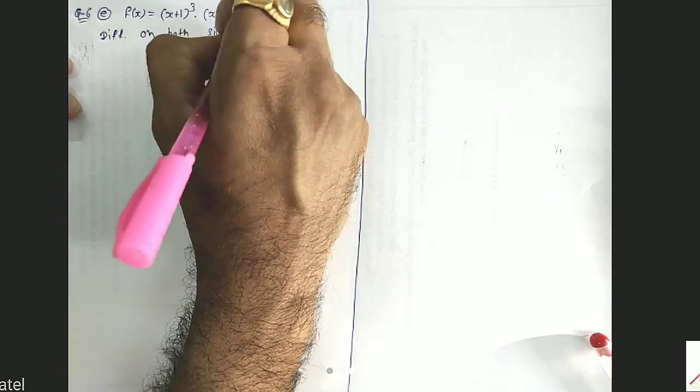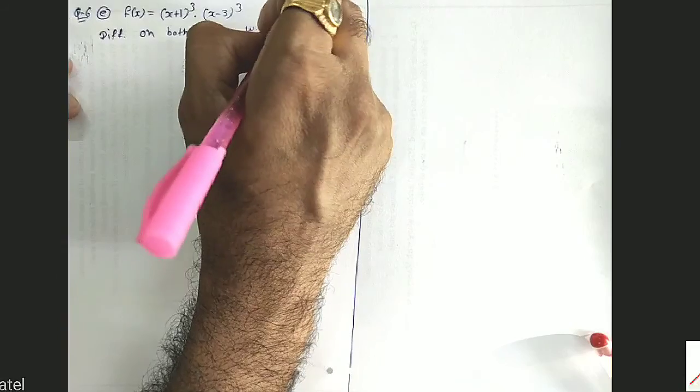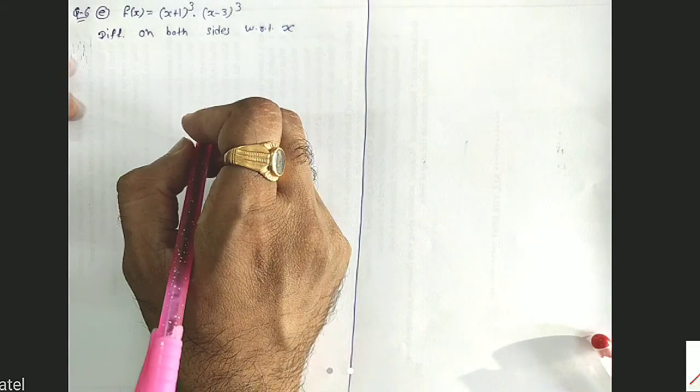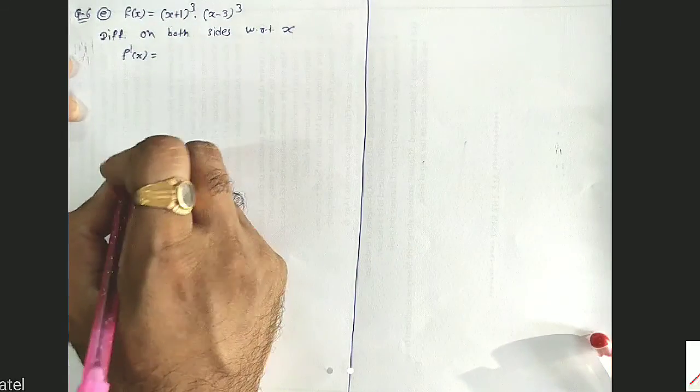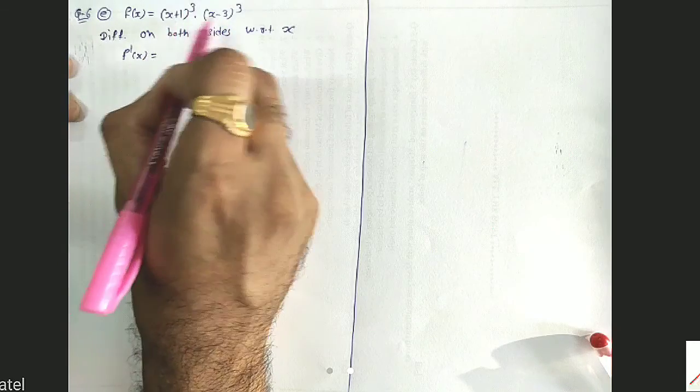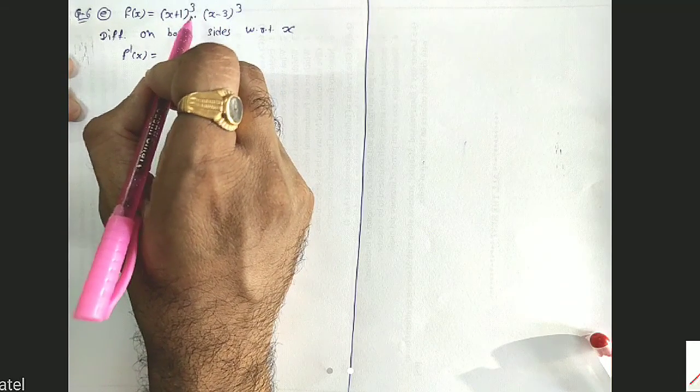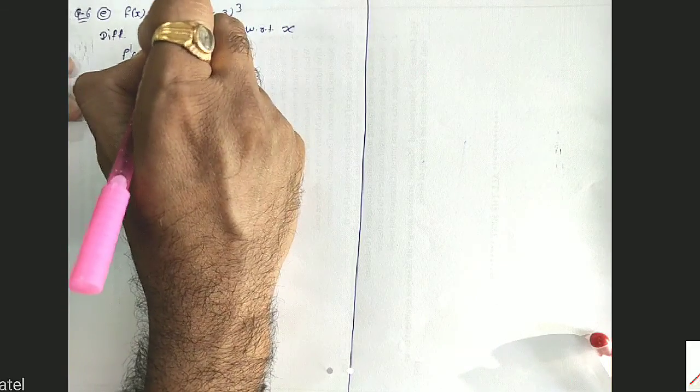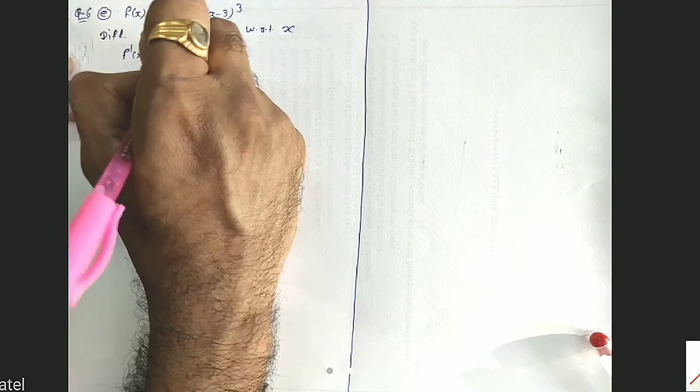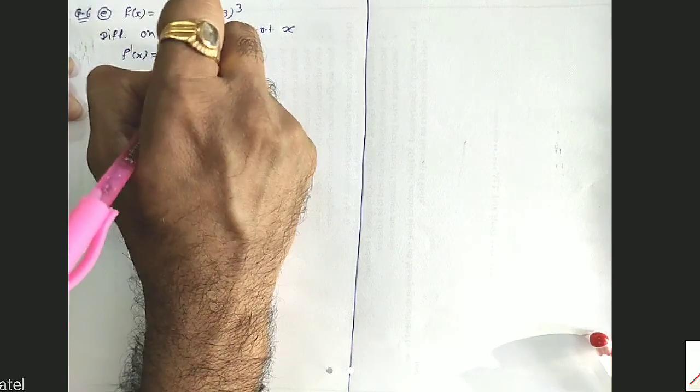So first, differentiate on both sides with respect to x. Differentiate the given function on both sides with respect to x. So we'll get the first order derivative, which is f dash x. Here the given two functions are in multiplication, so it can be differentiated by using the product rule. For the product rule, taking u as it is, it's (x plus 1) whole cube, and